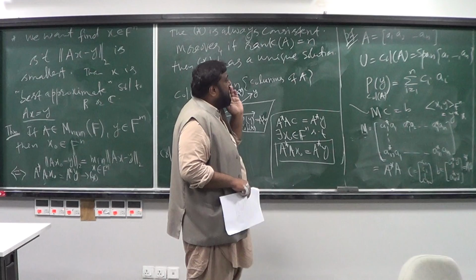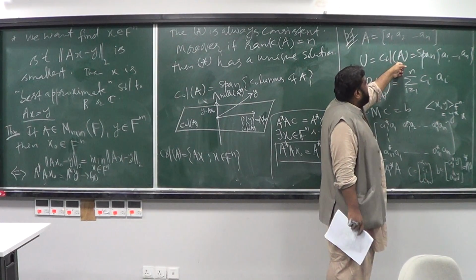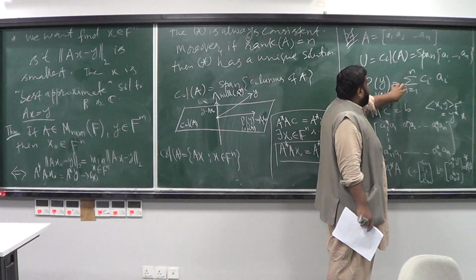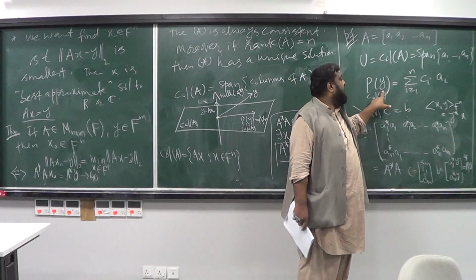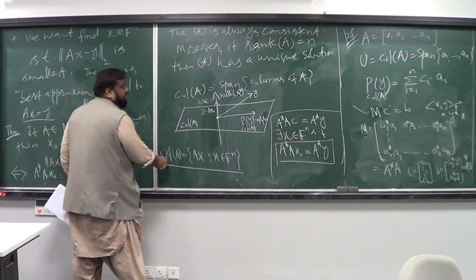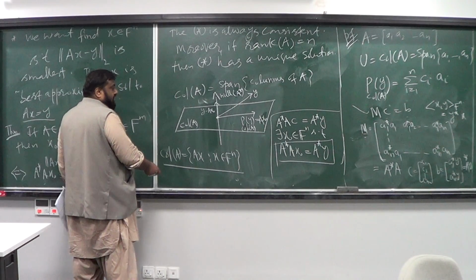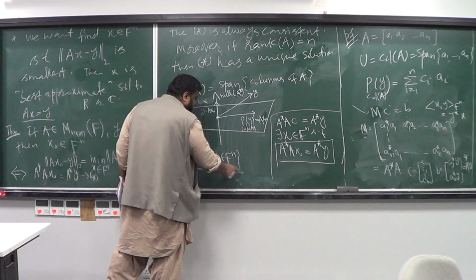So if you want to orthogonally project the vector Y onto, say, the column space of U, then this is the best approximation of Y in the column space of U actually. So it's the best approximation, okay? So what we would like to do is find the best approximation of Y in the column